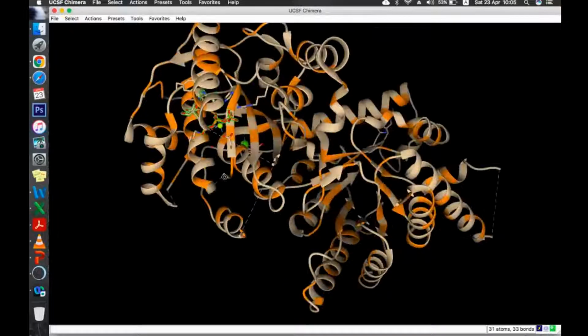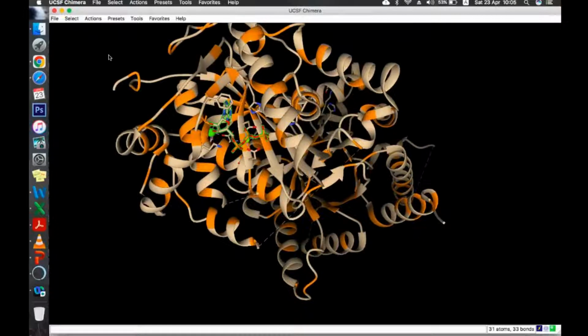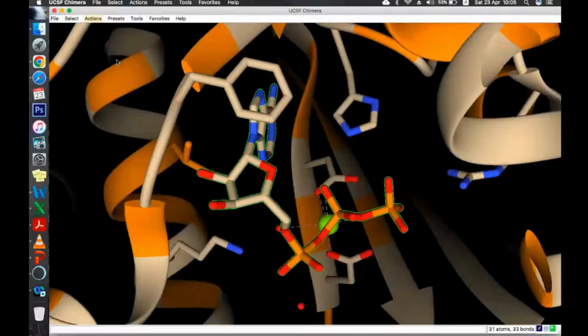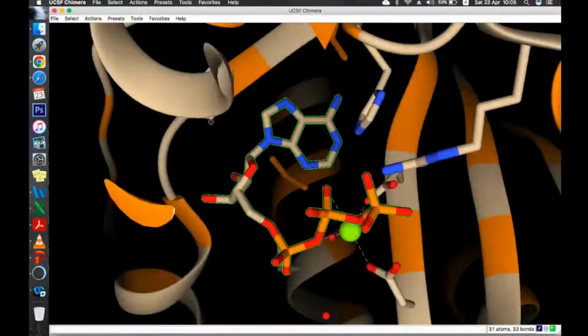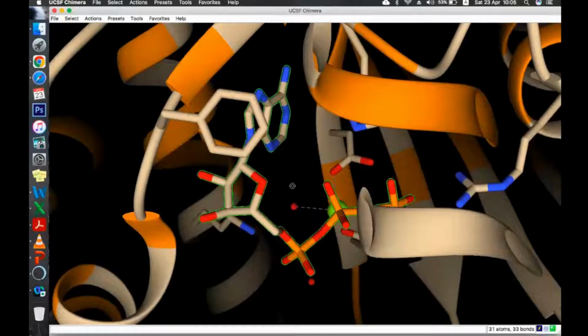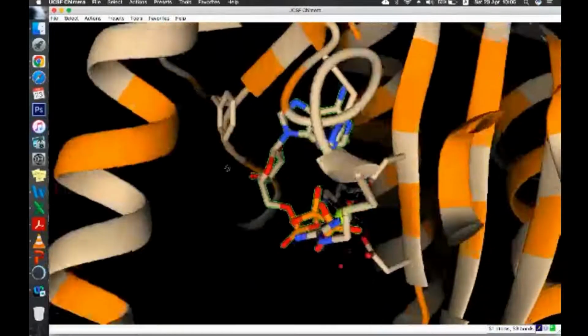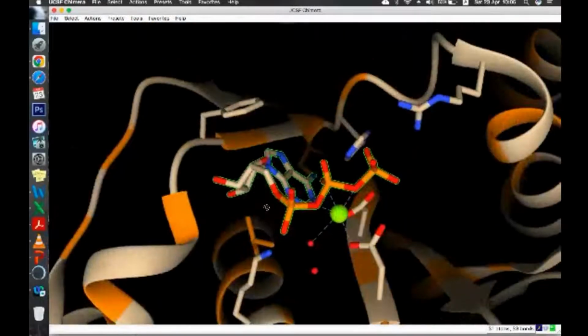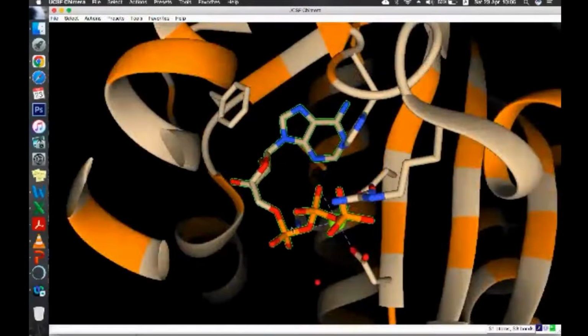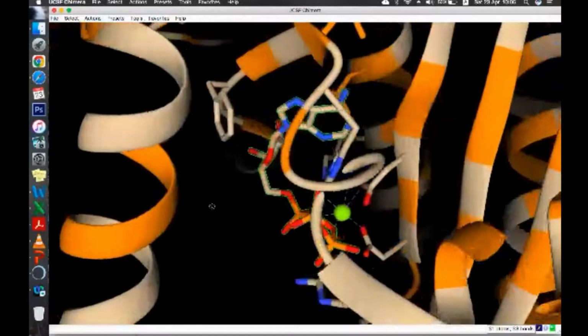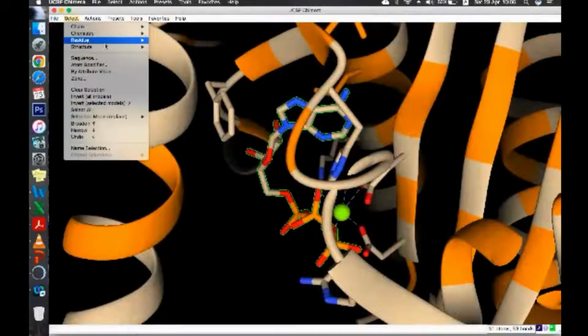Now, if you want to focus on ATP and the residues along with it, you just go to Action and then press Focus. So here is our ATP molecule, which is interacting with these many residues. For interaction, I don't think I have the time to show you that, but yes, ATP is over here. We can also go for another residue,